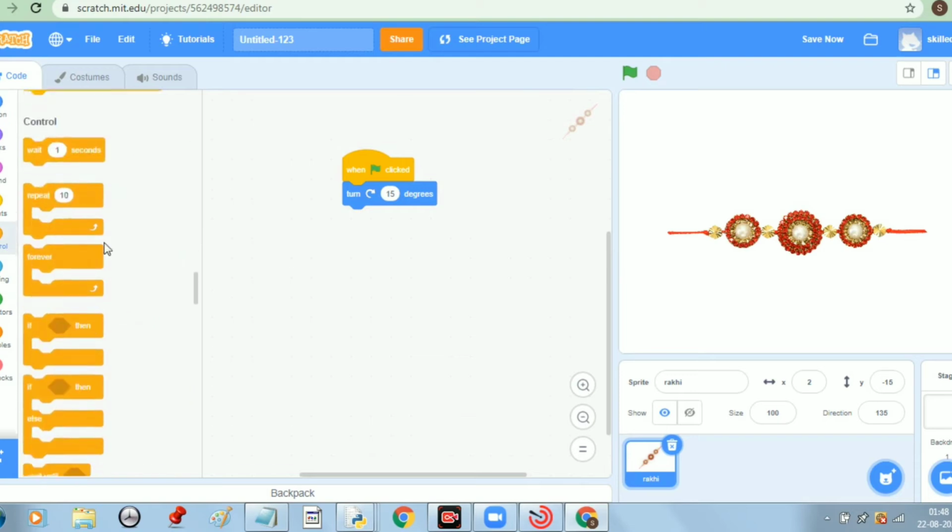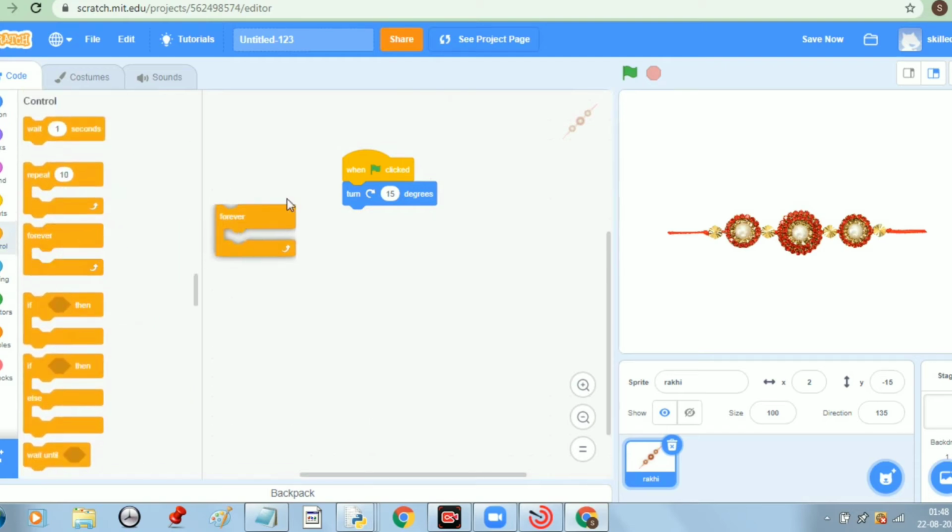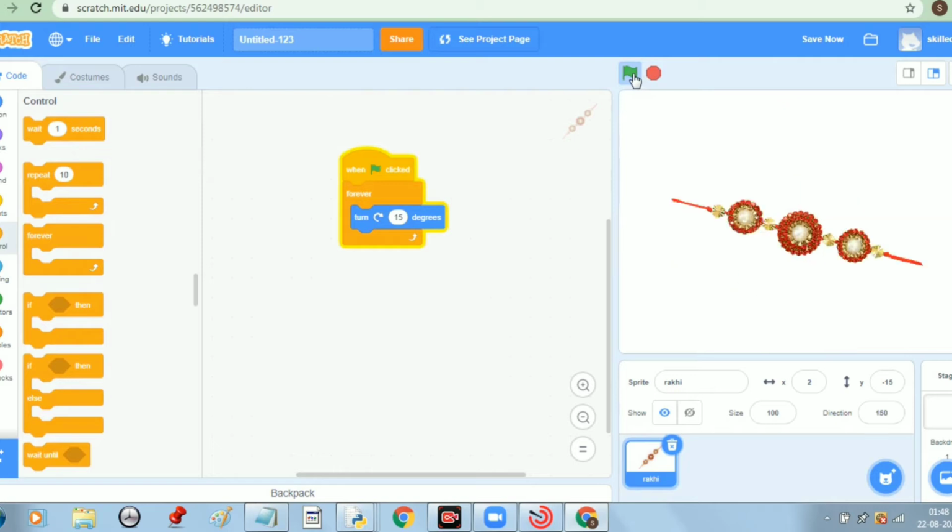Let us now put this forever block, which means turn 15 degrees forever. Now when we click the green flag, see what is happening. It is turning fast, with a faster speed.